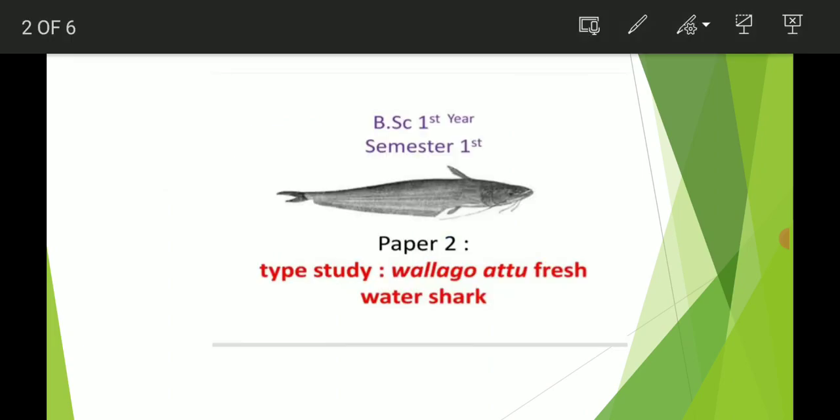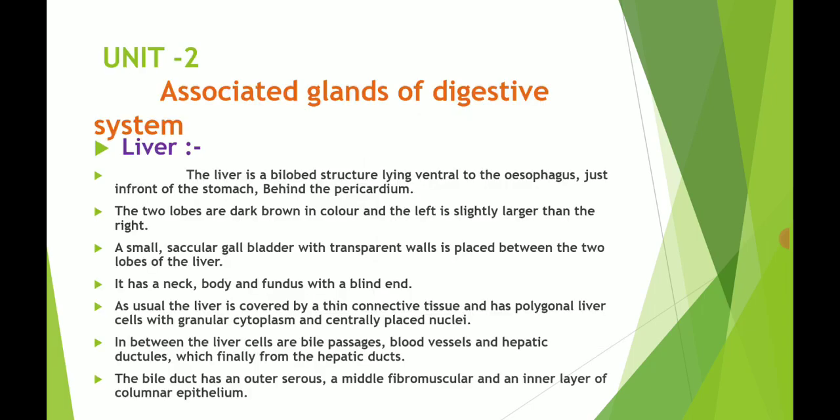Today we are going to start the theory paper second. The name of the paper is Type Study of Wallago attu, which is commonly called a freshwater shark. Today we are going to start unit number second of paper number second. The topic is associated glands of the digestive system. In the previous lecture, we saw the alimentary coelom and the alimentary canal, and today we are going to start